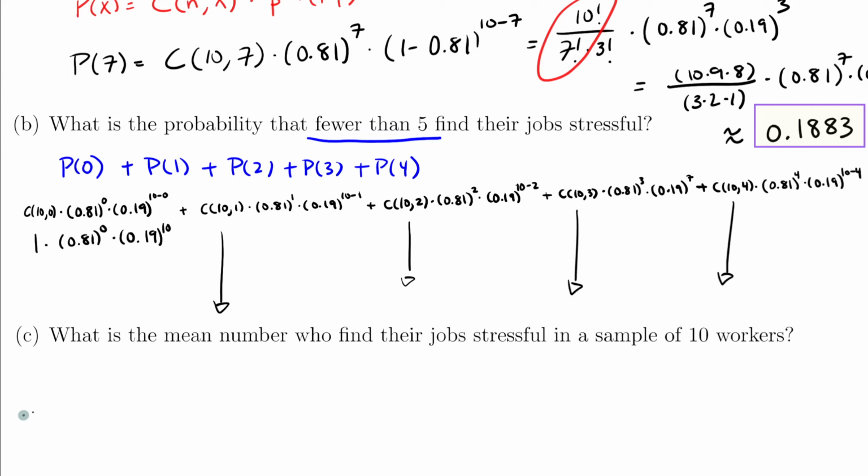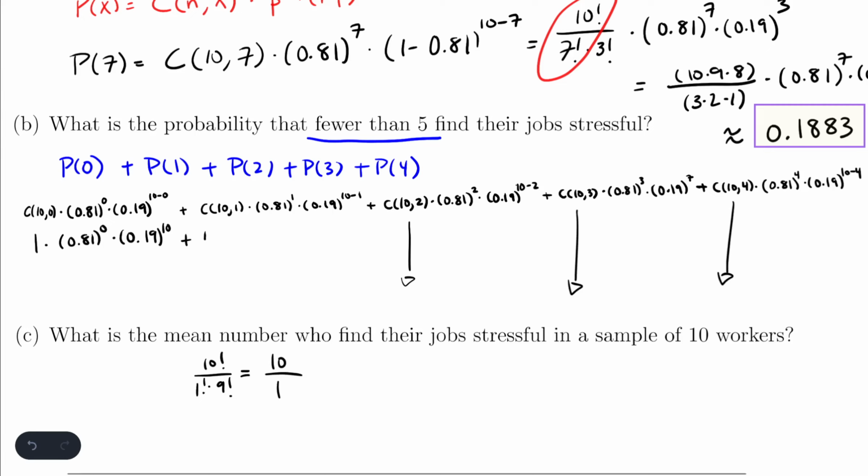Okay, next up, combination of 10 choose 1, that's big number factorial over small number factorial times big minus small. 10 minus 1 is 9 factorial. We know that the 10 factorial over the 9 factorial will cancel together till we're only left with 10. 9 and below cancel. 1 factorial is 1, so this becomes plus a 10 times 0.81 to the 1 times 0.19